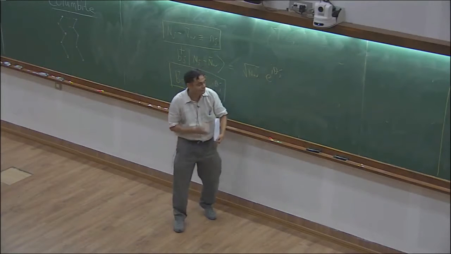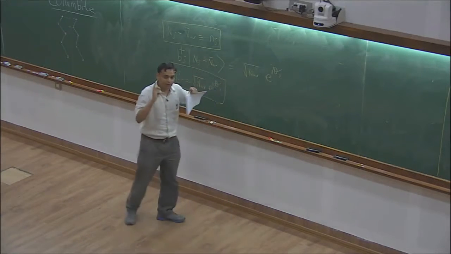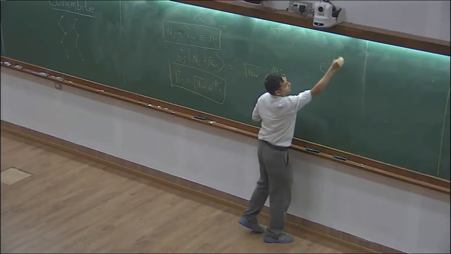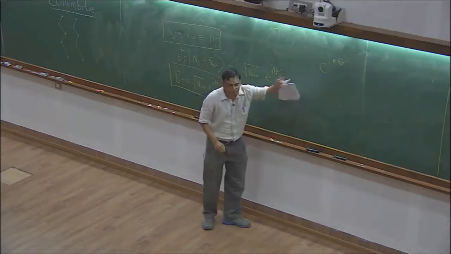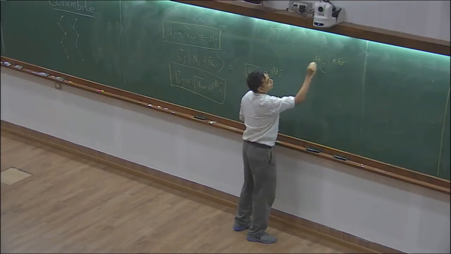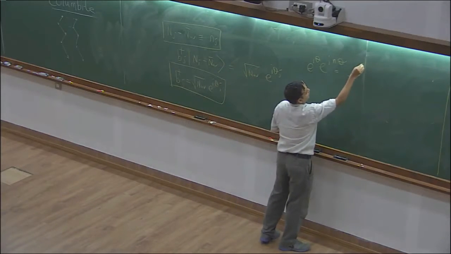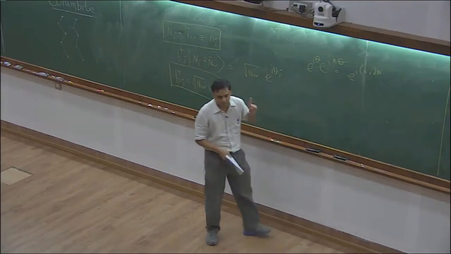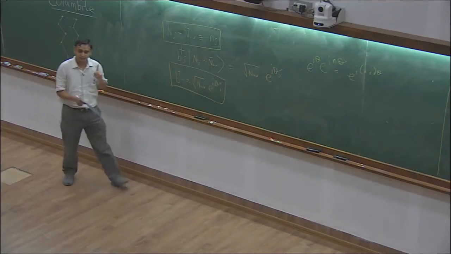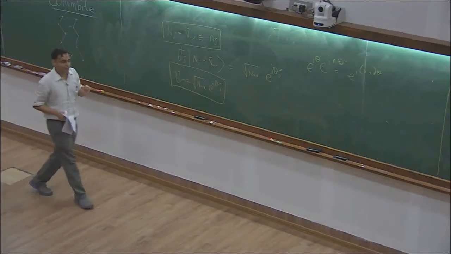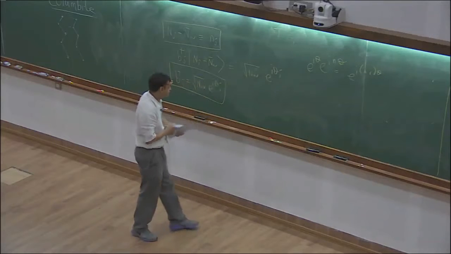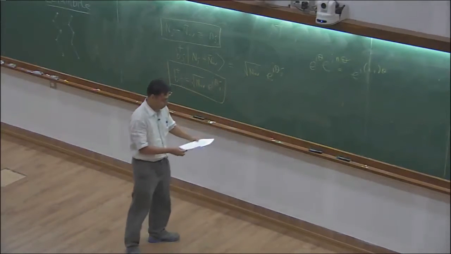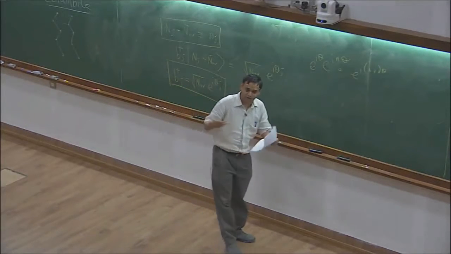Why is it correctly captured by this? What is the wave function of the particle which has angular momentum n? It is e to the i n theta. If you multiply e to the i n theta by e to the i theta, what do you get? You get e to the i (n plus 1) theta. So you have gone from n to n plus 1. That's exactly what you want to do. So that's why it's an exact correspondence modulo this fudge. Advantage is you get a model that you recognize. If you didn't know many body theory, but you know lots of StatMech, you get a model you recognize.